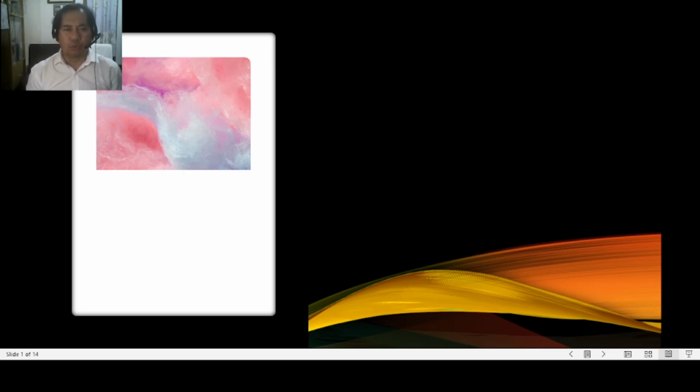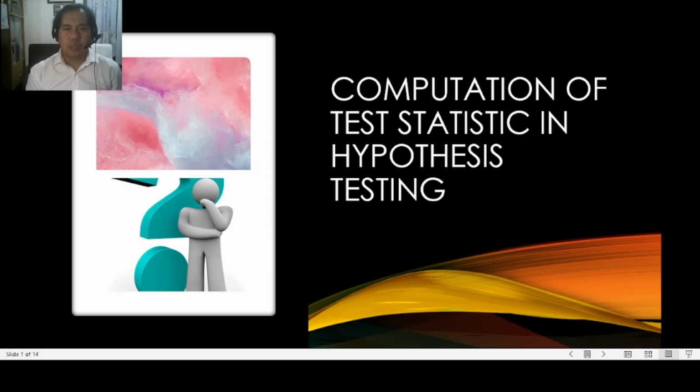Our focus today is the discussion of the test statistic in hypothesis testing, meaning we are going now to focus our attention on the statistical tools that we are going to use in order for us to test the